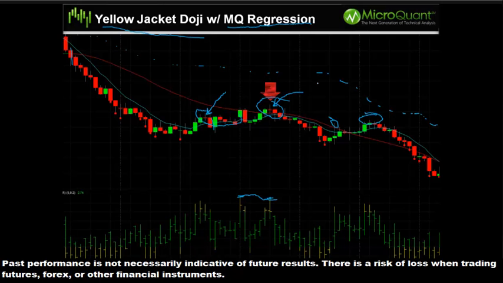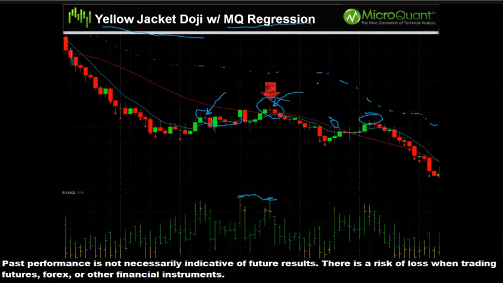indicators. They both are looking at different aspects of price movement, so it can help filter out some bad trades by helping you stay out of markets that are not really trending or that are getting kind of into a choppiness. The reason I like those two indicators combined is because the MQ regression will be a little bit more reactive than the MQ trend will. The MQ trend will kind of filter out some of the noise, but the MQ regression will adjust a little bit sooner. So if they're not in agreement, you could say, okay, we're getting into a choppy state in the market where it's not trending as well, so it's better just to leave it alone. Those are two indicators that work very well